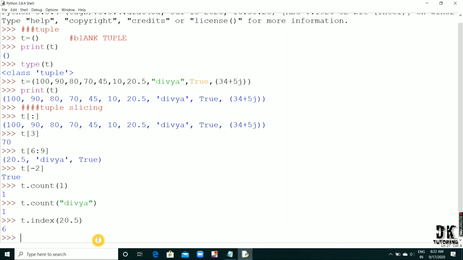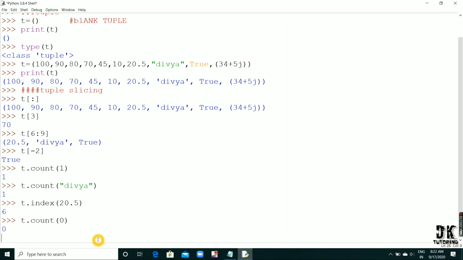So see, t dot count of 0, it will give you 0 because in this tuple there is no false or no 0, that's why it gives you 0. Okay, so that is all about tuple.